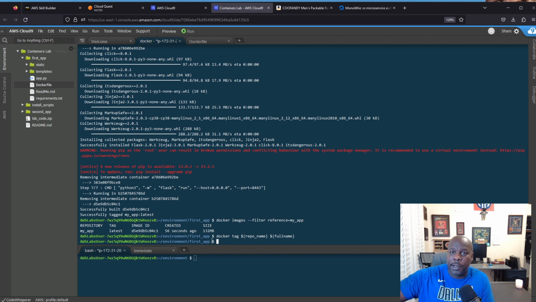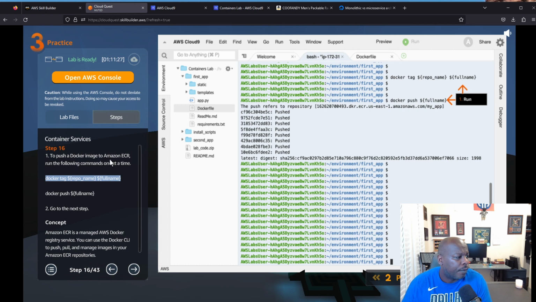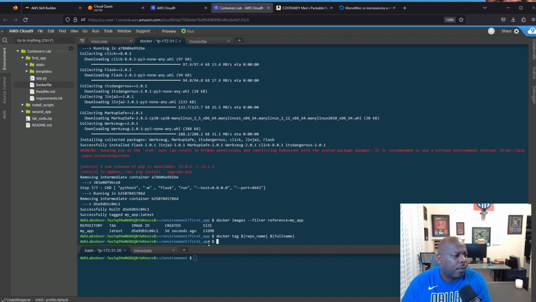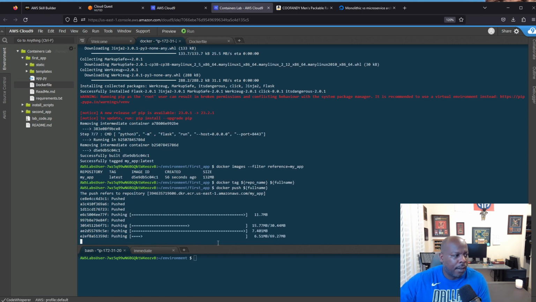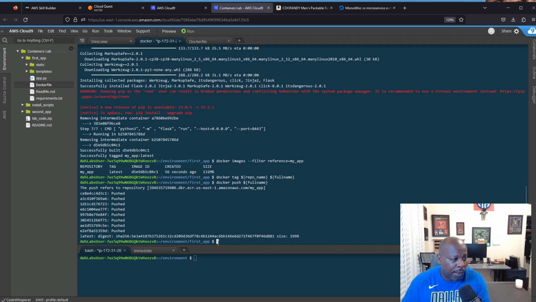Whenever you push an image to the repository, it must be tagged first. Now we can actually push it, right? So now let's do a docker push, and then we have the full name of the image. So here we go. Now let's go ahead and push that. Bam. And you see it's pushing the image up to our repository. Outstanding. Everything went well. Got it, right? Let me do a clear